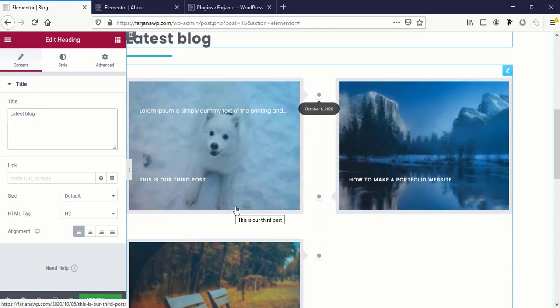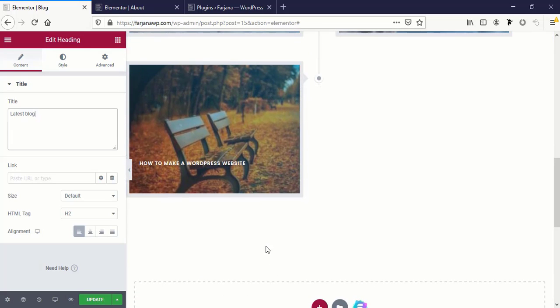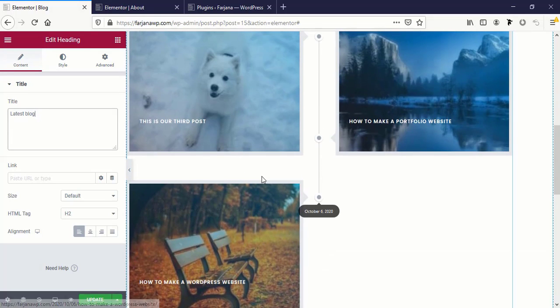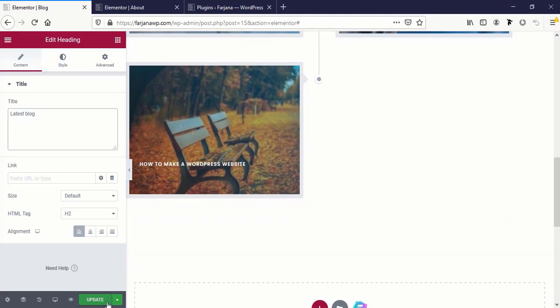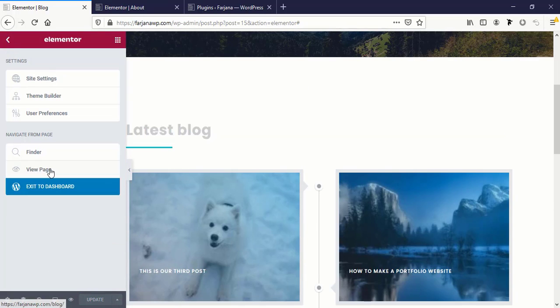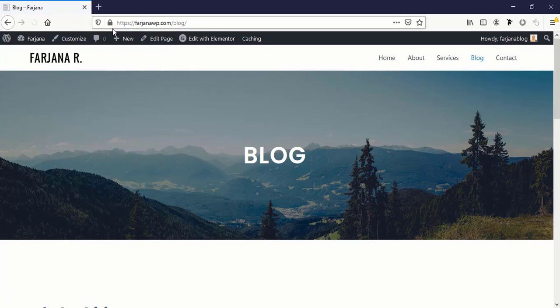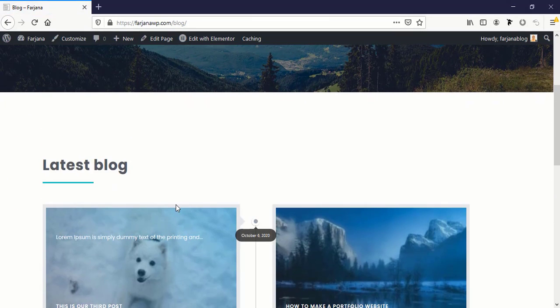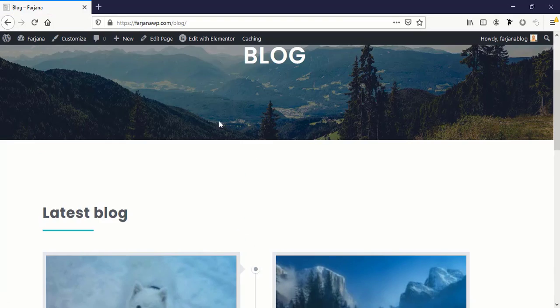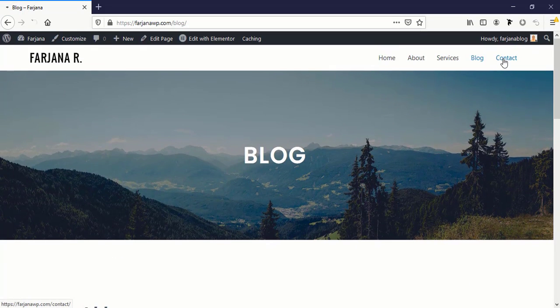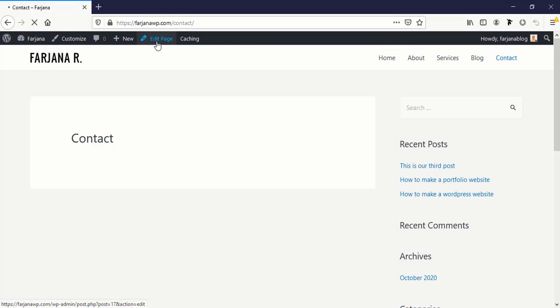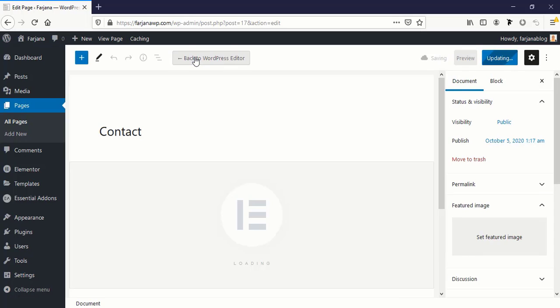So we have created 3 blog posts only, so here is coming 3 posts. If we have more posts, we can see all these will come one by one in the similar design. So now I'm saving it and going to page view, just crossing other elements. Okay, so this is our blog page, and now I'm going to contact, going to edit page, edit with Elementor,